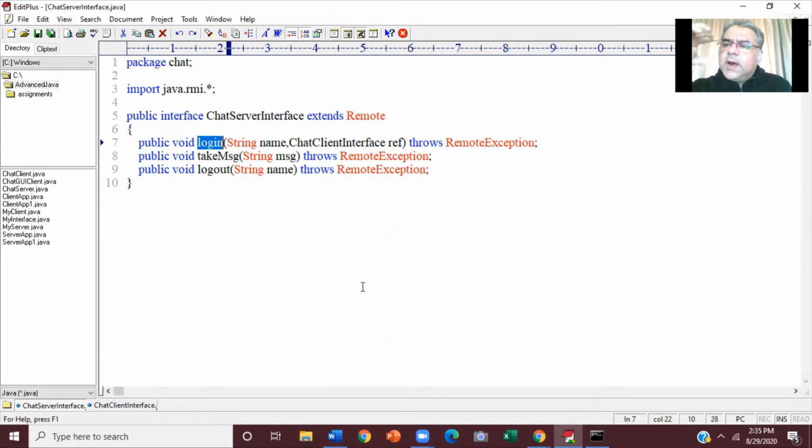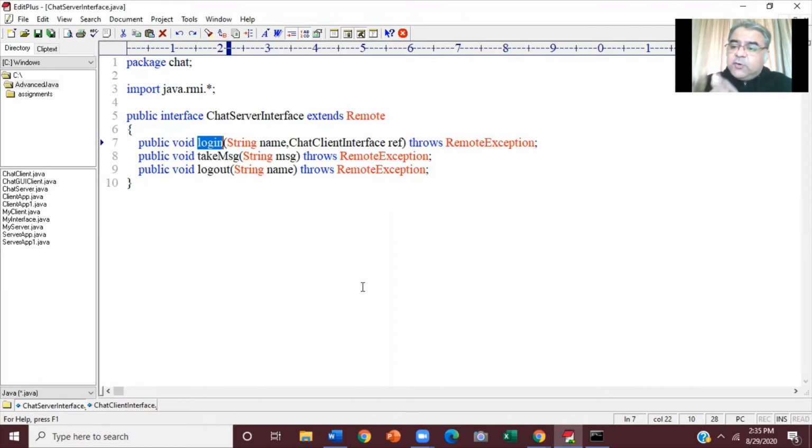v.add. I'm going to put that client info object in the vector. After listening to this, do you think something more should be done in that class client info? Some more code do you think should be written in that class? Right now, just what we have done, 2 instance variables and a parameterized constructor.